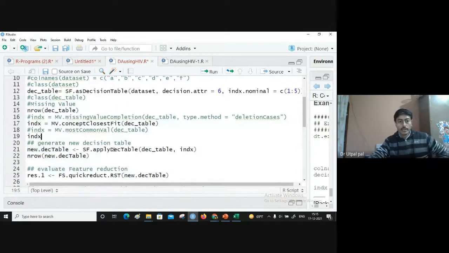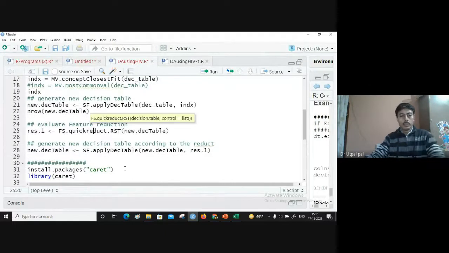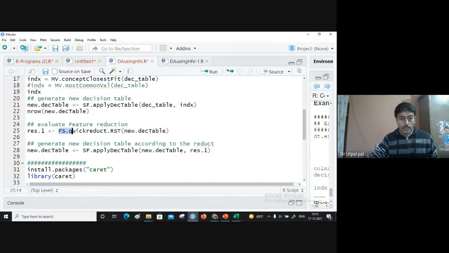Now in the table we have 6 attributes. Some of the attributes may not be important. If those are not important, then we need to eliminate those. For this we have a feature reduction function. This is the feature reduction function, FS.quickreduct.RST. FS means feature selection or reduction. Quick reduct is an algorithm, and it is a rough set based algorithm.